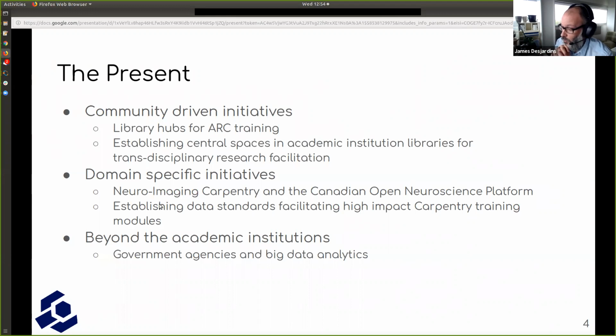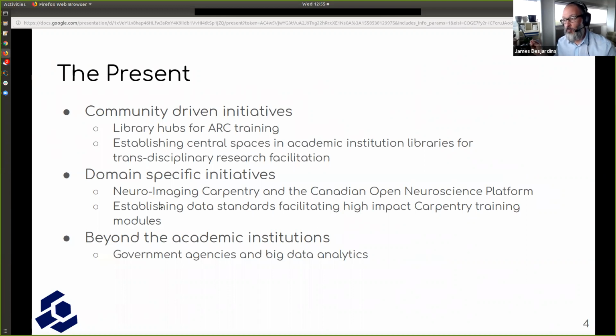So there's a large number of groups in Canada that are coming together to establish neuroimaging carpentry, and this is an international partnership as well, where Canada is working on becoming a big contributor to that. This is also resulting in these groups establishing data standards and procedure standards to be able to provide more high impact carpentry training in those modules.